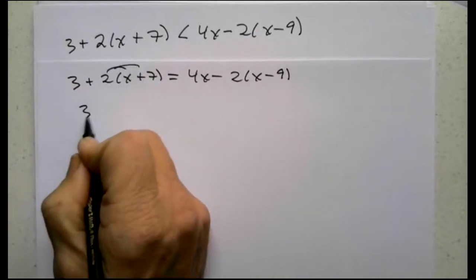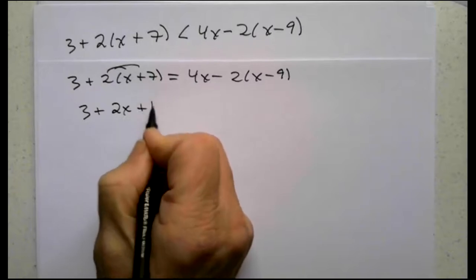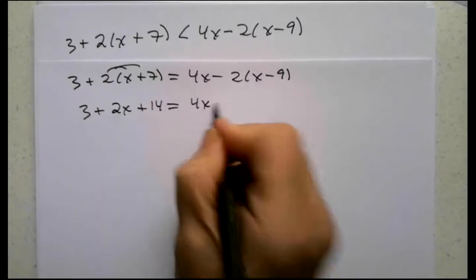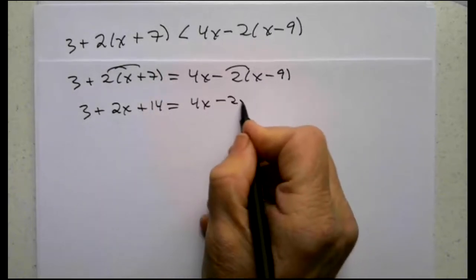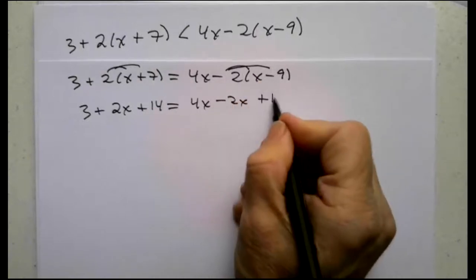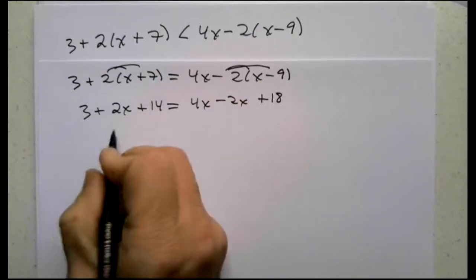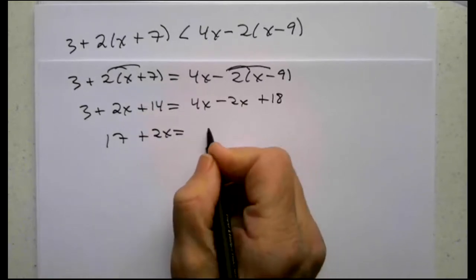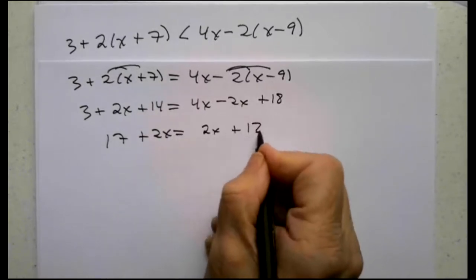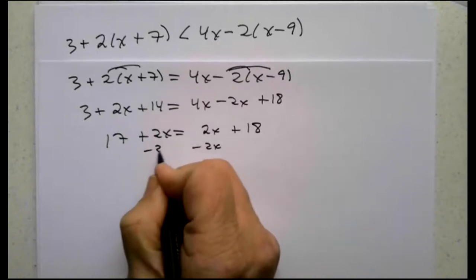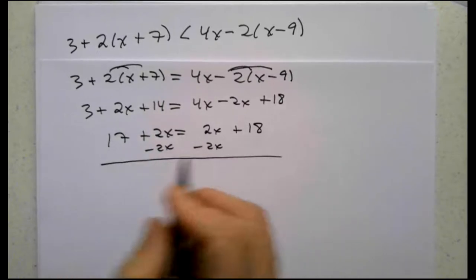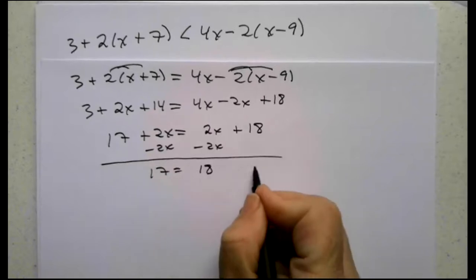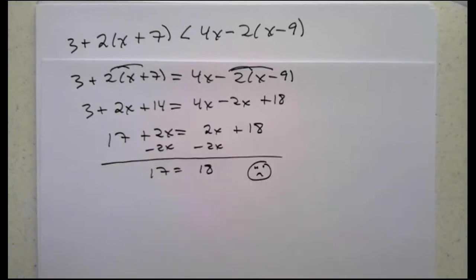Distribute. 3 plus 2x plus 14 equals 4x minus 2x minus 2 times minus 9 plus 18. 14 and 3 is 17 plus 2x equals 2x plus 18. Subtract 2x. And I get 17 equals 18. Well, there are no cut points. It's never true. So what that tells me is